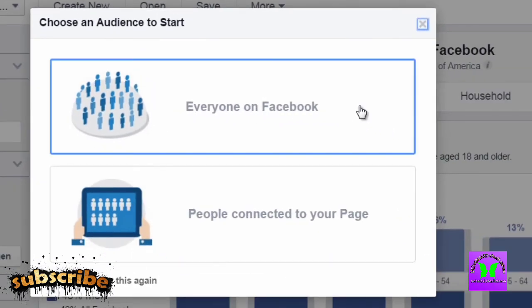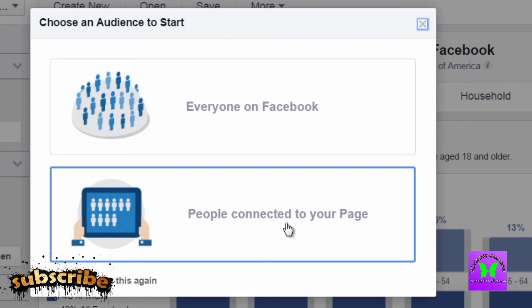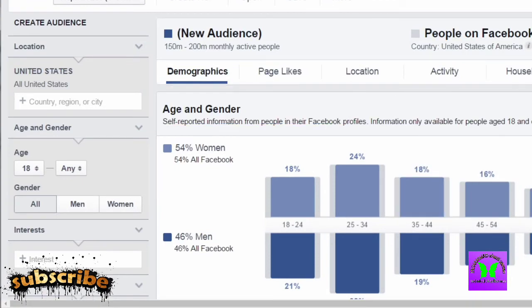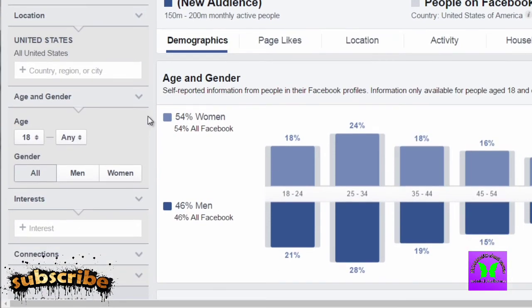The first option is to look at everybody on Facebook, and that's what I recommend that you do, unless you have a Facebook page that has been established and that has a good amount of fans. If that is the case, click on this and you'll get the exact demographic data of your page. Now, I'm going to go ahead and click on everyone on Facebook because that's what I'm interested in. And as you can see, you can specify country if you want to and age if you know that off the bat. But I'm going to leave all that blank. I'm just interested in the interests.